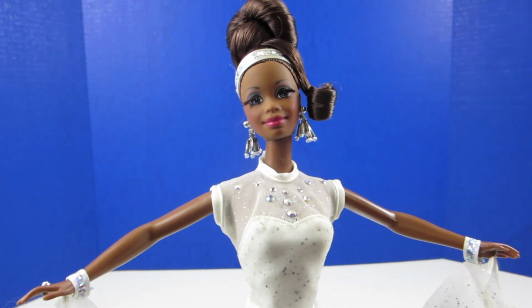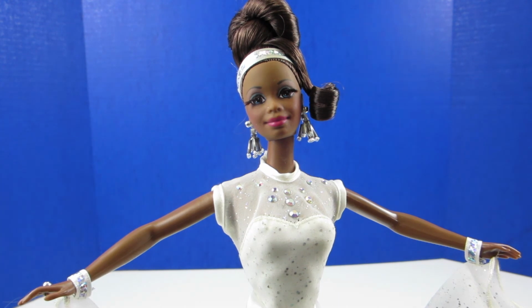All right, well, there she is. She's absolutely gorgeous. Love her blue eyes. Love her dress. And her hair. Yeah, her hair. She's going to be one that we will definitely display probably more so than...